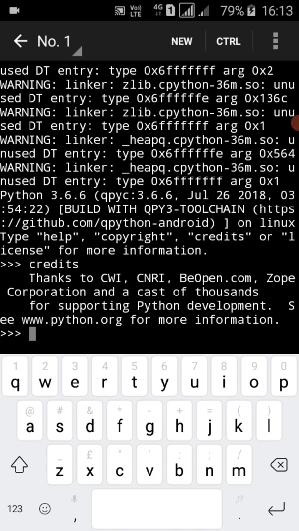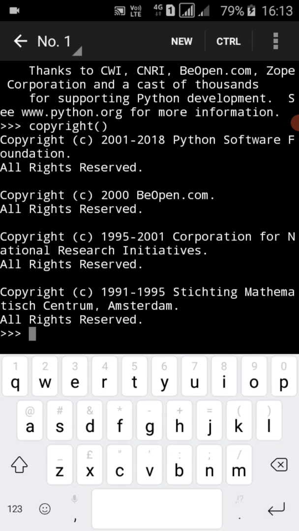Similarly, type the copyright command and hit enter. Then you will see: Copyright 2001-2018 Python Software Foundation, all rights reserved. Copyright 2000 BeOpen.com, all rights reserved.